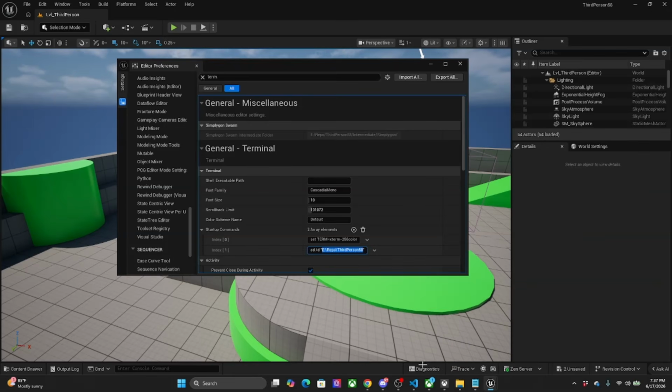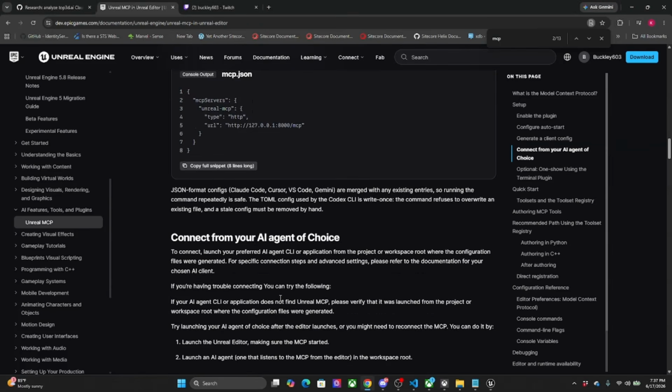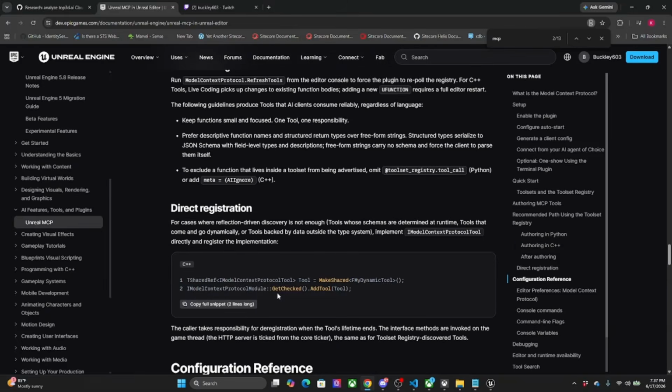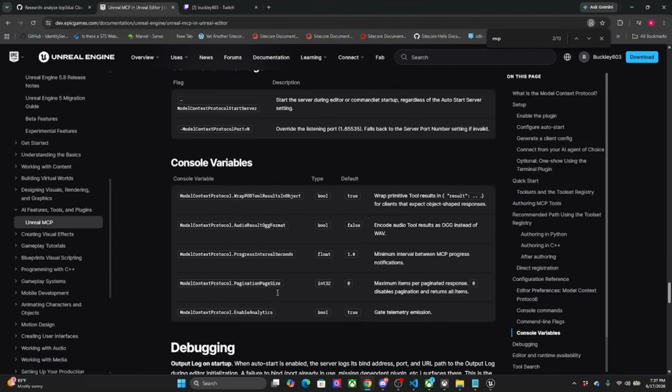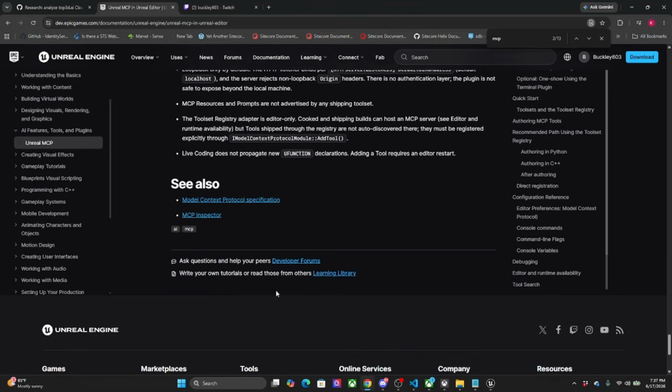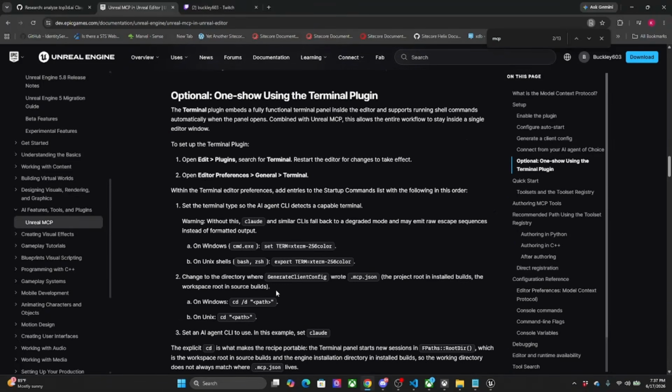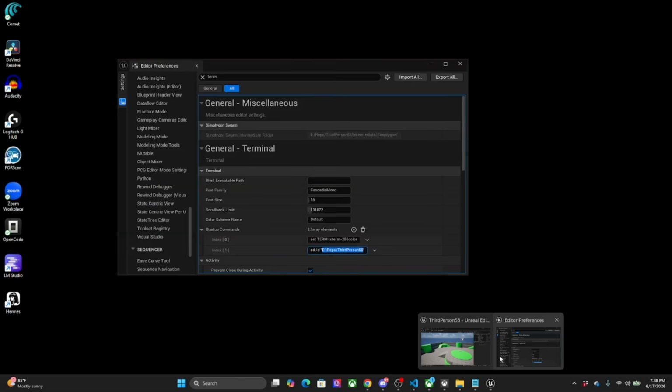And that is also in the instructions over here somewhere, right there. So you need this command and this one, but you put the path to where your game is. In my case, it's E repo Person 57. So once you set those up,